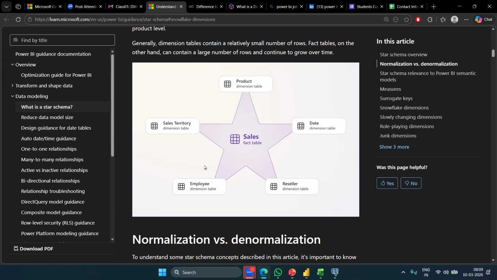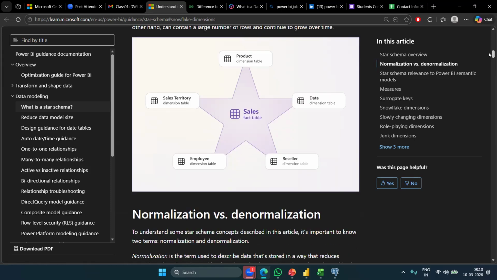Honestly speaking, take Newton's laws. Decades back we learned them, and whenever we study Newton's laws, the first example that comes is the rocket going to space. Now all the missiles that we see being fired are using Newton's laws, projectile motion, the same thing. Whatever technology tool we use for data analytics, this star schema or normalization and denormalization concepts